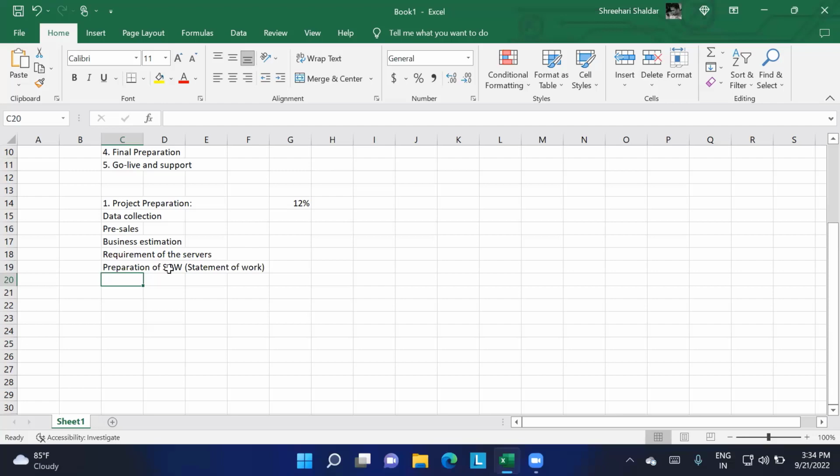Here they'll also discuss the benefits after implementing SAP, and the price: how much it is going to cost to implement SAP, and timing: how much time it may require for complete implementation.